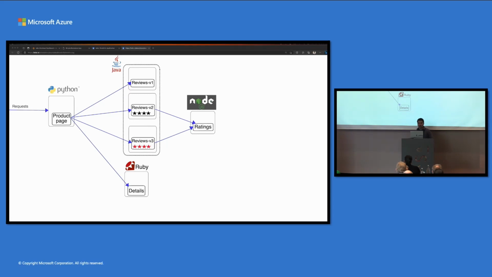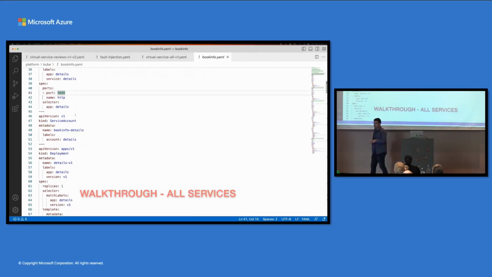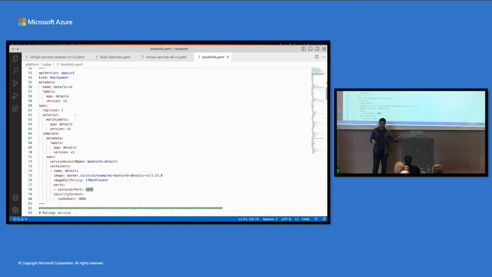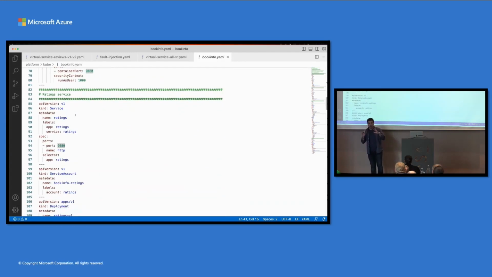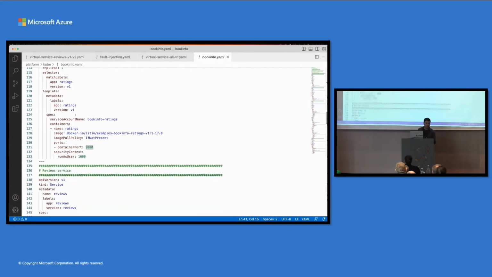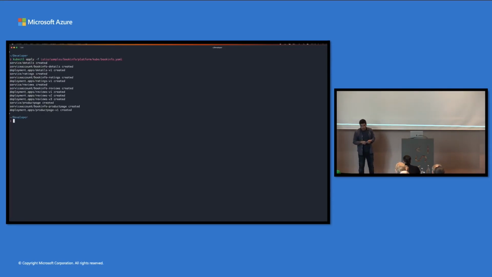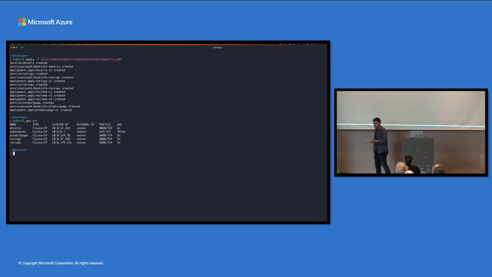For folks who were not here in the morning, this is the first time. So reminder, we had basically 3 versions of the reviews. We have a product catalog, we have ratings, we have descriptions. We're deploying all of those services and deployments, again, with pretty standard configuration in terms of ports, labels, selectors, etc. So we just go ahead and deploy this Bookinfo application, confirm that everything is running as expected. And now that all the services and deployments are there